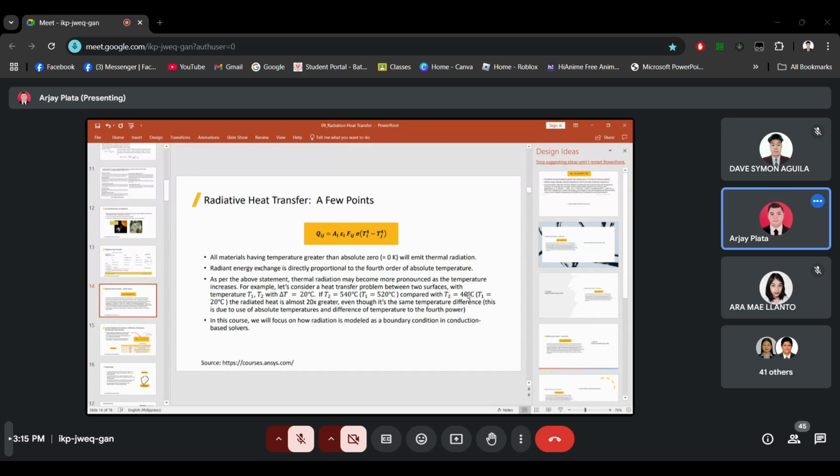So even though it's the same temperature difference, due to the use of absolute temperatures and the difference of the power functions, say F4, there is a T1 to the fourth different from T2 to the fourth, even though it's the same delta T. That's why we have to convert it, because the Kelvin and Rankine units have different coefficients, so our assumed solution should also be different.